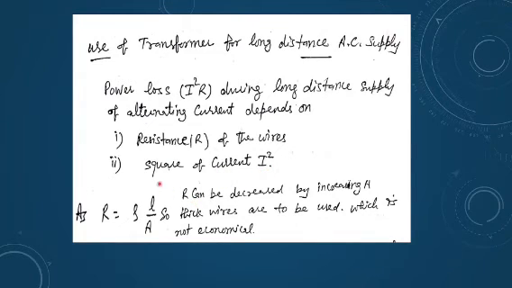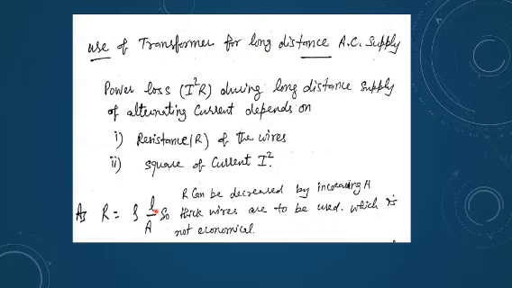We want to decrease R, and we also want to decrease I, to reduce our power loss, because this is our requirement. We don't want our power to get lost. So if I want to decrease R, I know the formula for resistance, which equals rho L upon A. For a given material, resistivity is constant. And for a given length, since I want to travel from the power station to some factory, that distance I also cannot change.